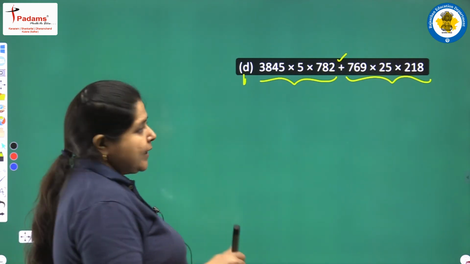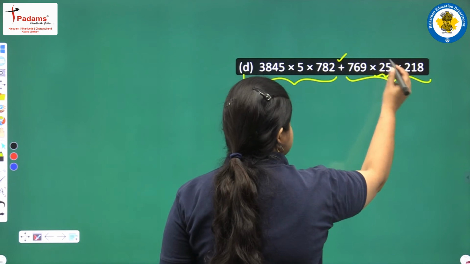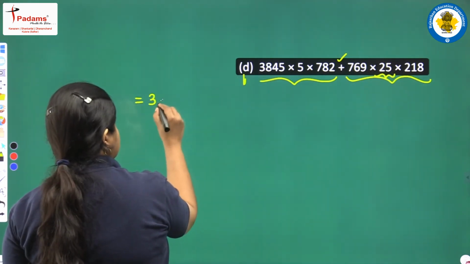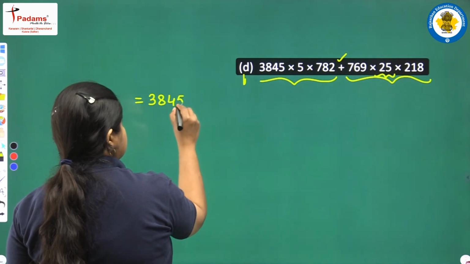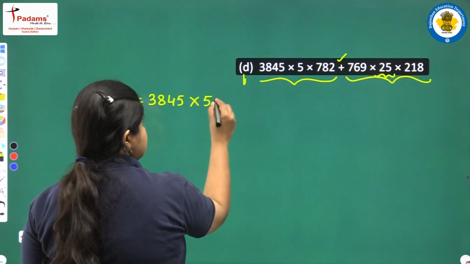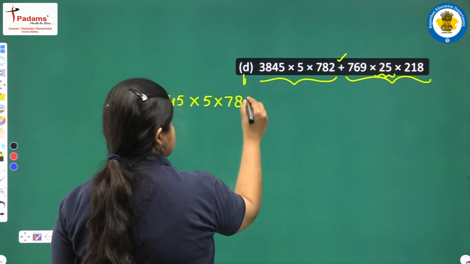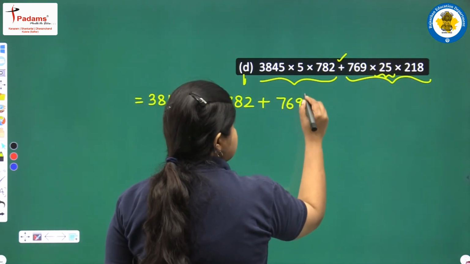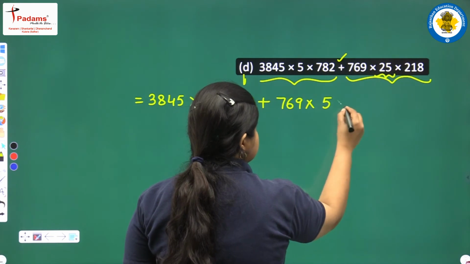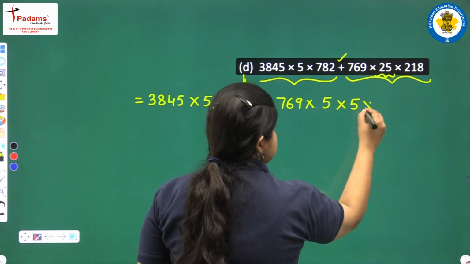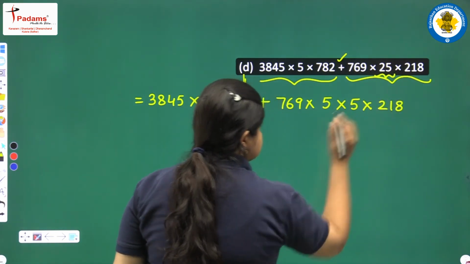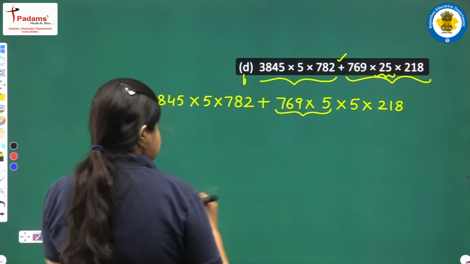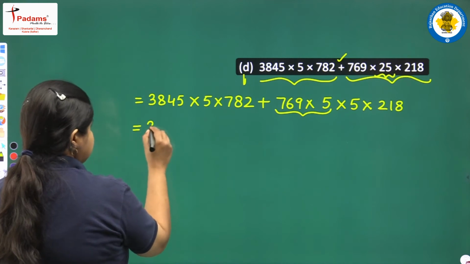What we can do? Let us break up this number 25. Rewrite the question. 3845 into 5 into 782 plus 769 into this 25 can be written as 5 into 5 and then 218. Now if we multiply these two numbers first, what do we get? Let us multiply